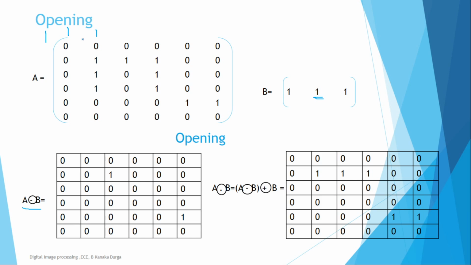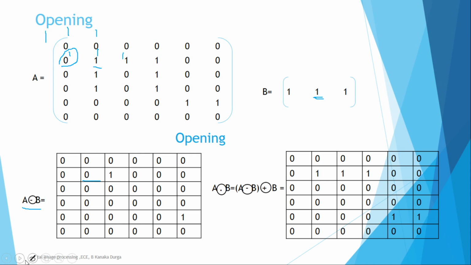So we have to see all the pixels have to match, otherwise it goes for 0. Since no 1 is present in the first row, all the pixel values of the erosion go for 0. Come to the second one. So I am calculating for these ones in order to observe. So the center has to be occupied for center, and one here and one here. If you observe, these two ones are matching, but this value is not matching. For erosion concepts, all the values should match. Then only the resultant goes for 1, otherwise it goes for 0. So the value goes for 0 here.